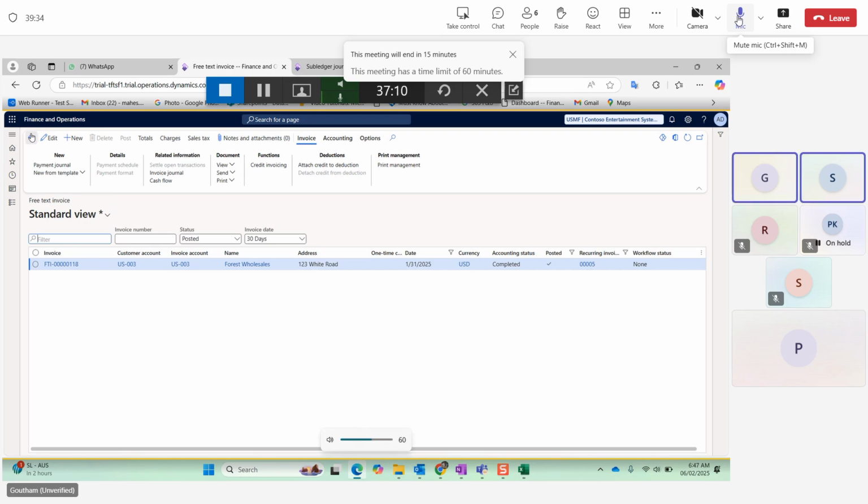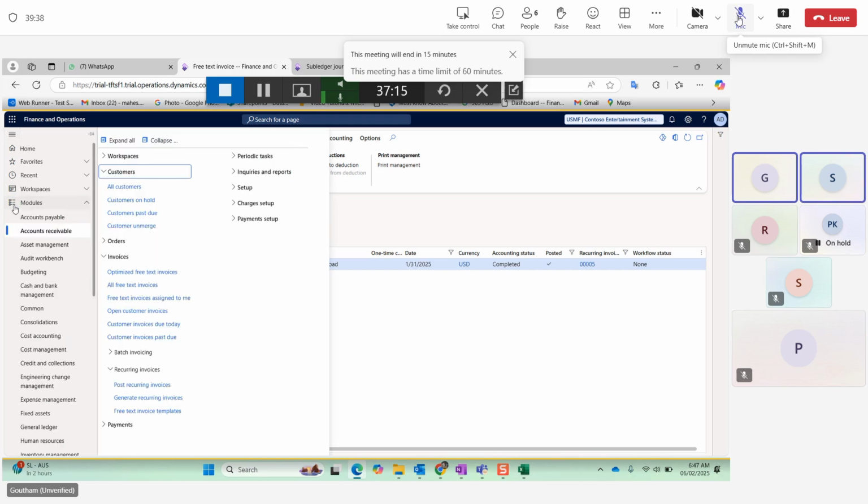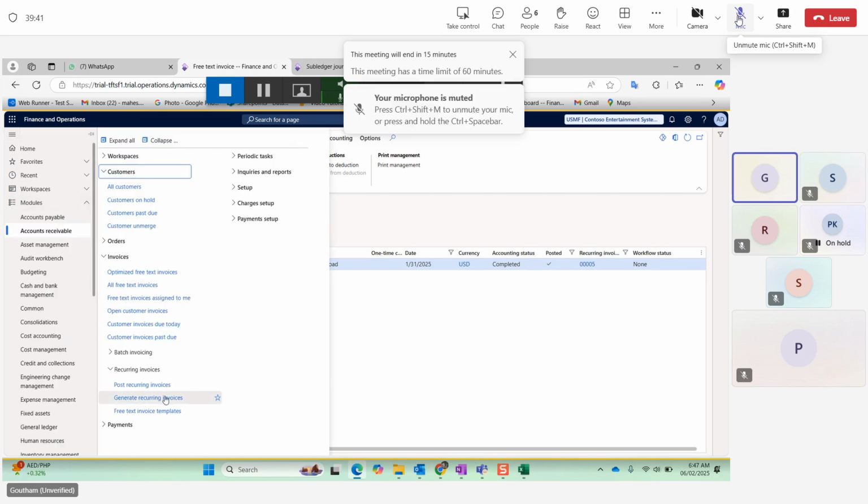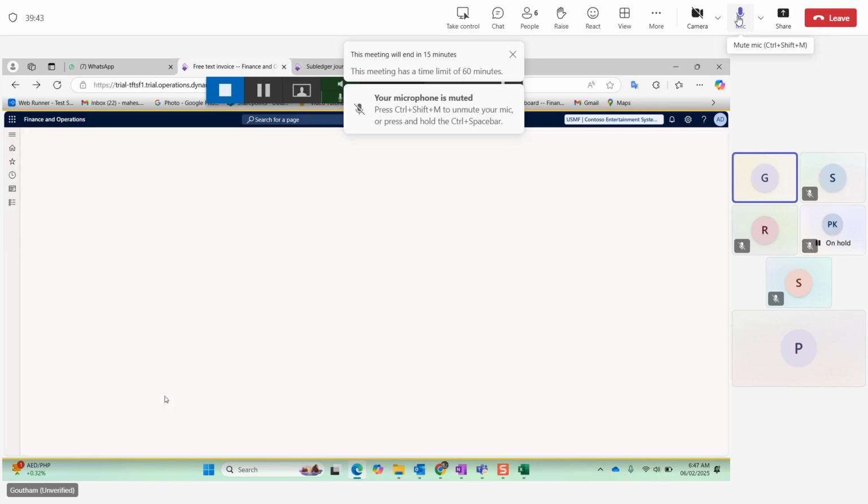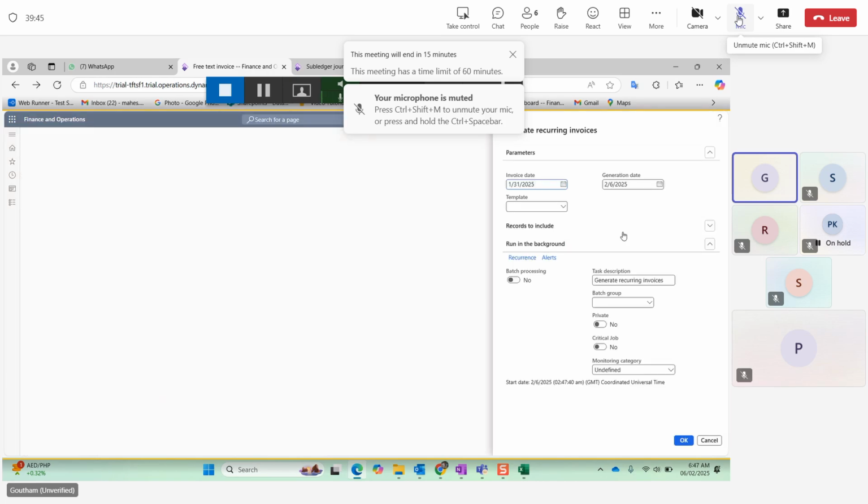We have to generate every month. For example, when you are generating the recurring invoice, you have the invoice date and invoice generation date. Now I have generated for 31st January. I'm already in February, so if I want to generate for February, I can. You can even generate for March, April, May, June, July, August, up to December, based